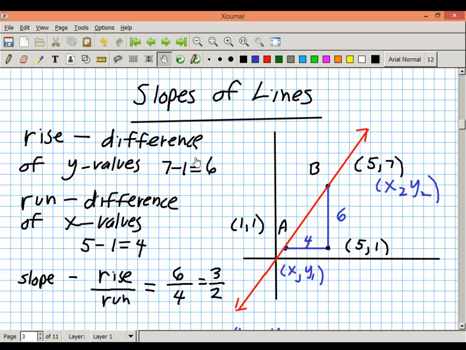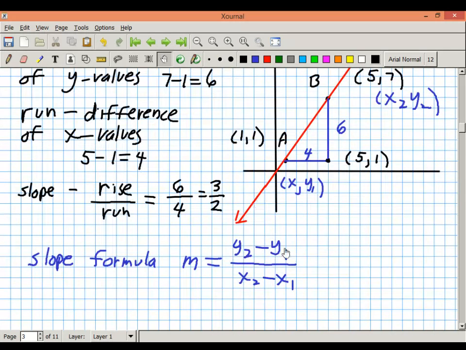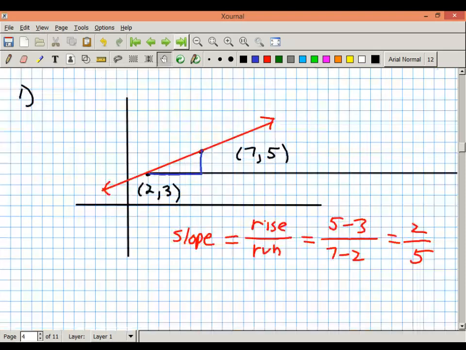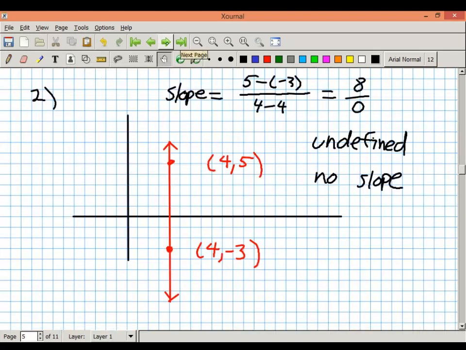And by the way, we also said that if you put that into a formula, which you should memorize, you'll have that slope formula, m, which stands for slope, equals y sub 2 minus y sub 1 over x sub 2 minus x sub 1. And then we went through some examples, but the conclusion of all that was